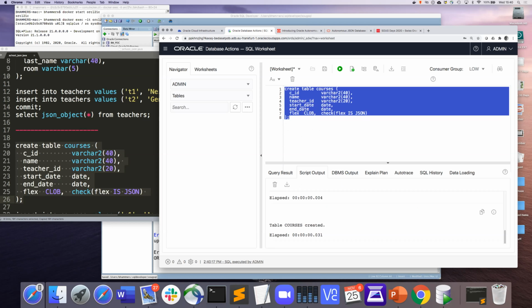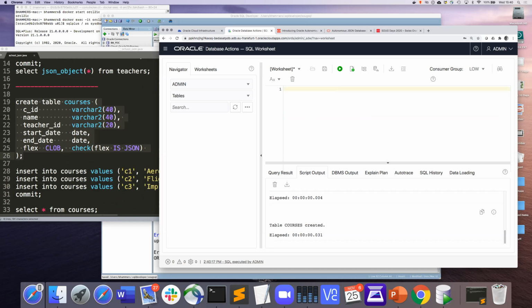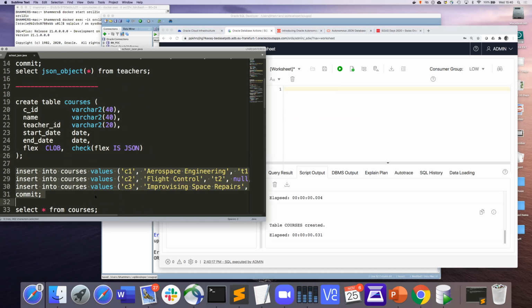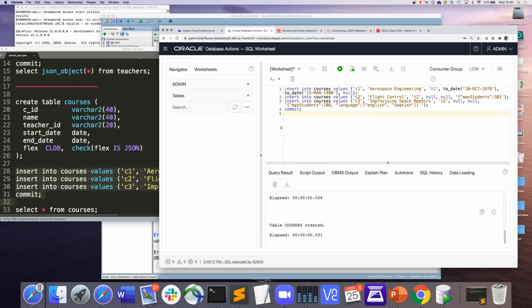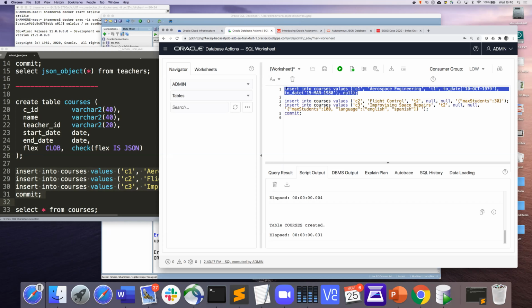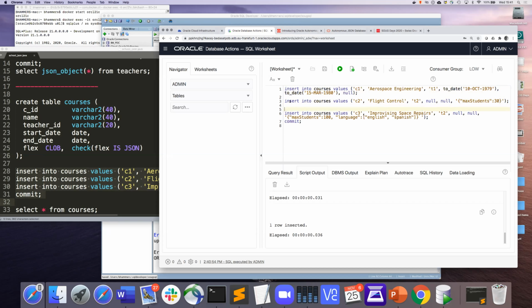And then we say, okay, maybe in my first insert, the flex field is null. So I don't know, this is fine. But then let's say after a while, I realize there is a schema change. I realize that a course can have a maximum number of students.